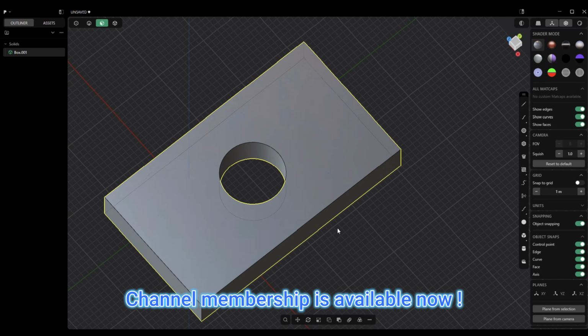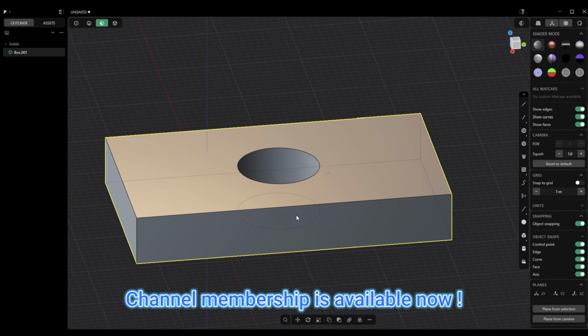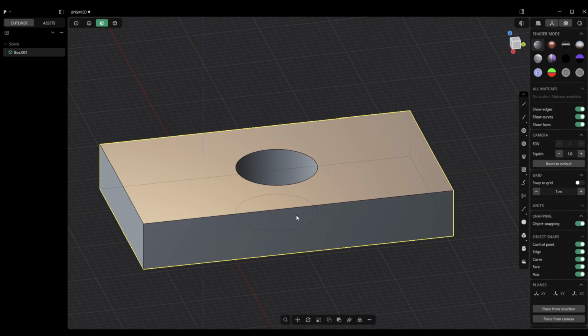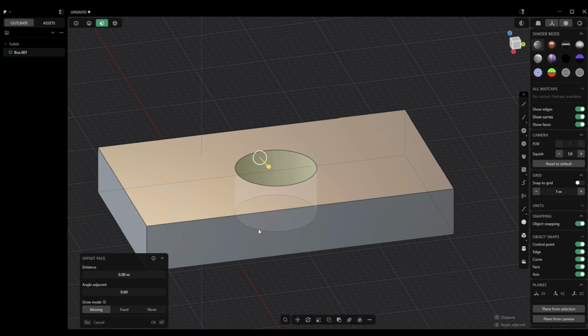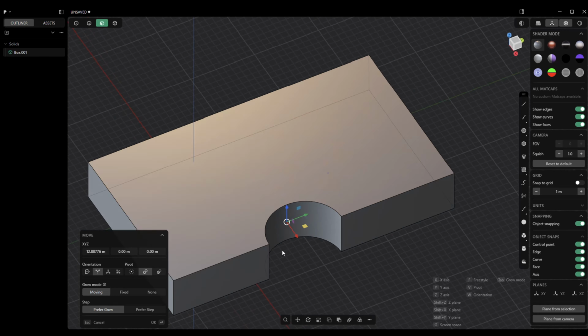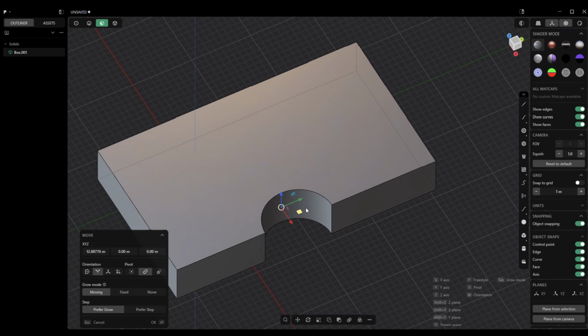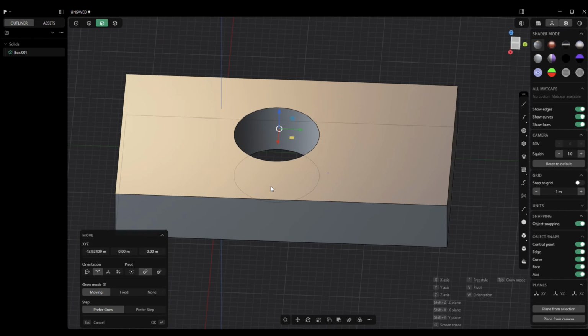There you go. Now, did you know that after creating a hole like this, you can go and move it around, right? So you can go to face mode, click on these faces, hit G on the keyboard. You can literally move that around, which is very, very cool. And you can move it to any position you like. You can scale it, you can move it, you can do all of that, and you can even rotate it,